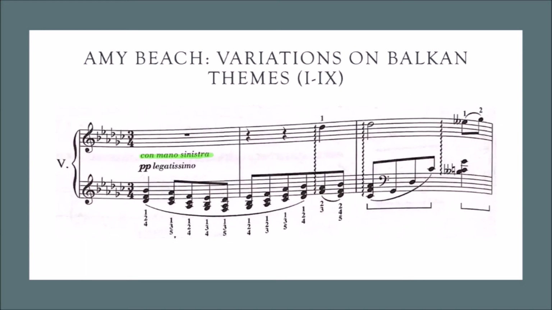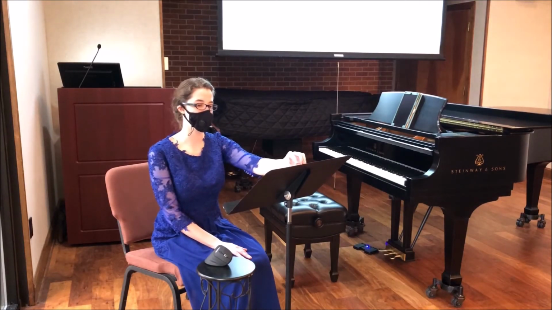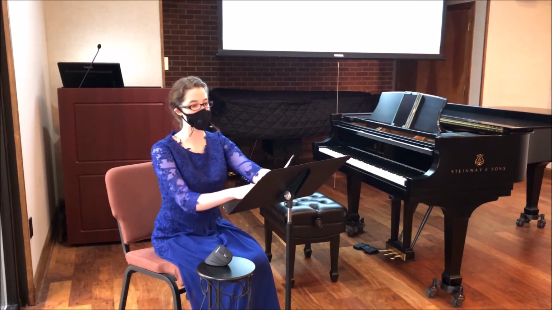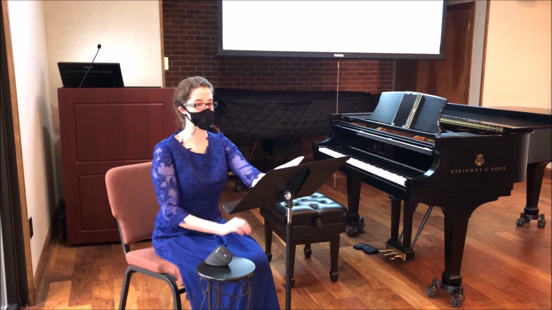Variation 5 is left-hand dominant, where the left hand usually reads 2 staffs, and the 3rd staff is added for the right hand. I practiced this in a way that would benefit all pianists. When the left hand reads 2 staffs, as here at the beginning, I practiced it several times with the right hand on the upper staff and the left hand on the lower staff. This enabled me to learn the notes more easily, as well as hear the sound I wanted to execute with just one hand.